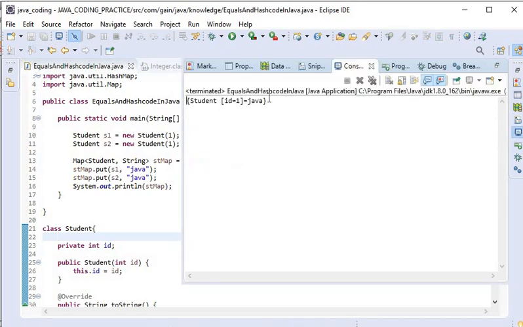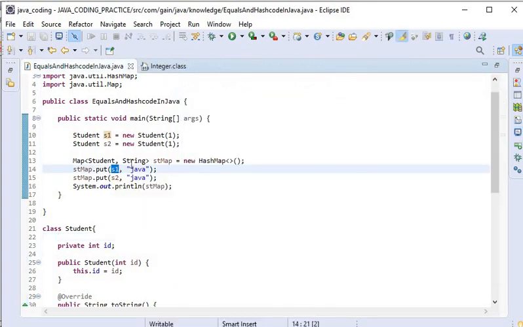Now there are no duplicate objects because based on our key, the hashcode will be generated, and again we are using the same key, and the hashcode will be the same for both objects, and equals will return true, and here you will see the output.